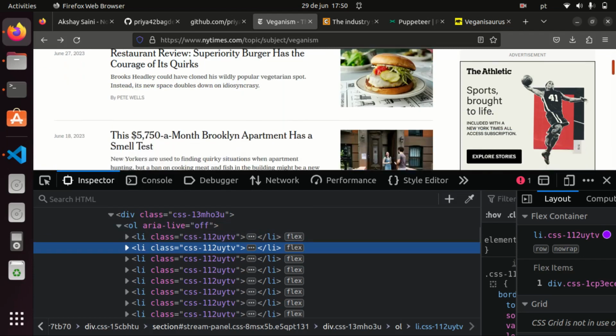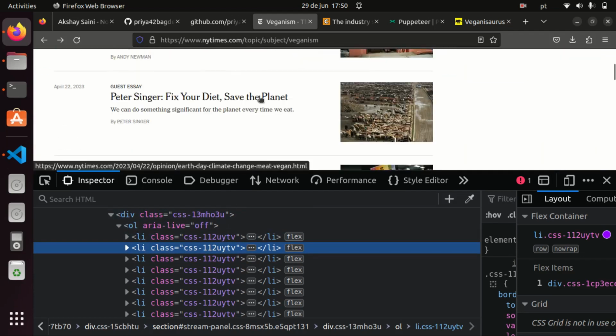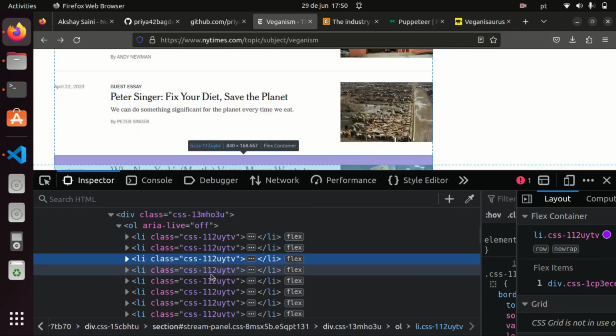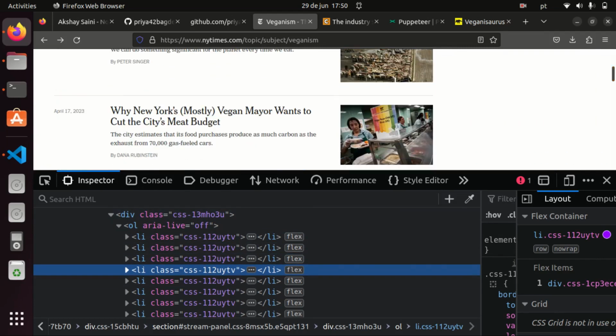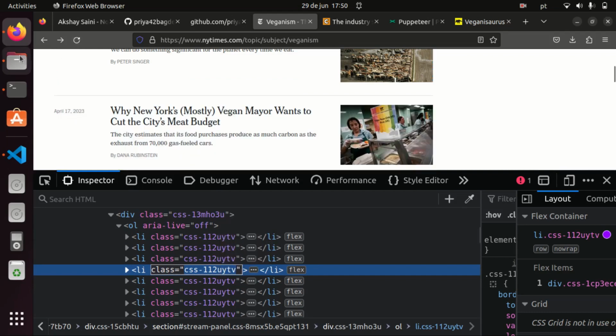And as you can see here, they all have the same class. So we can use the name of this class to select an article, and that is what I am going to do. I'm going to copy the class name,